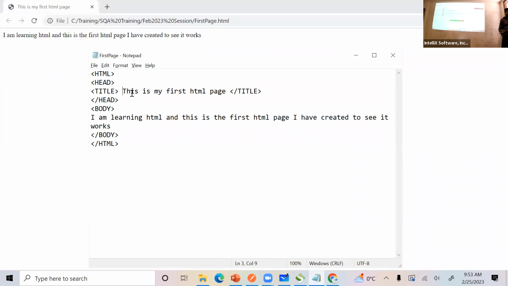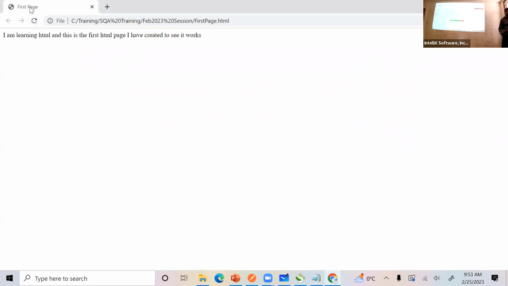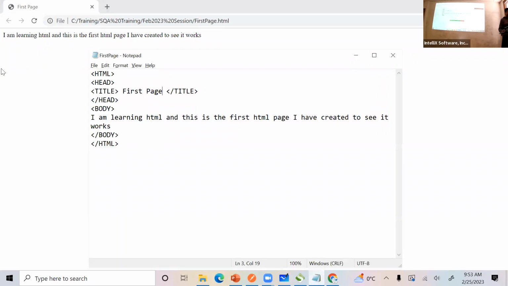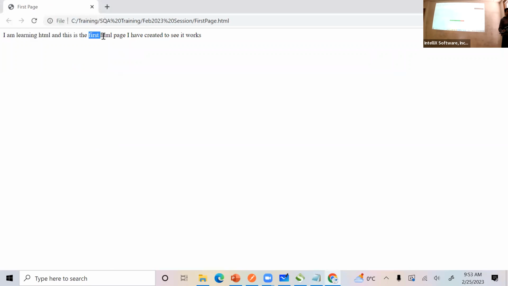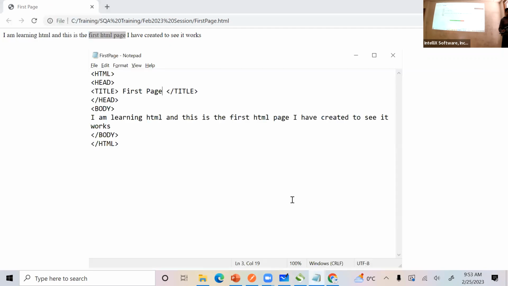Okay. So let's say I want to make it simple and call it first page. And then all I'm going to do is save. So now my file is there. All I have to do is refresh it to load it. Notice that. Let's say I want to change some of the text and call this a bold italic. I can do that by going in here